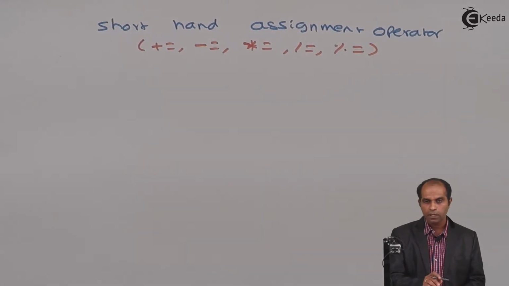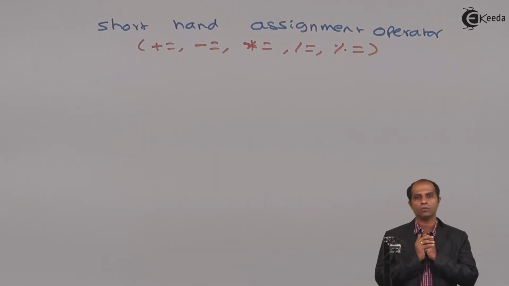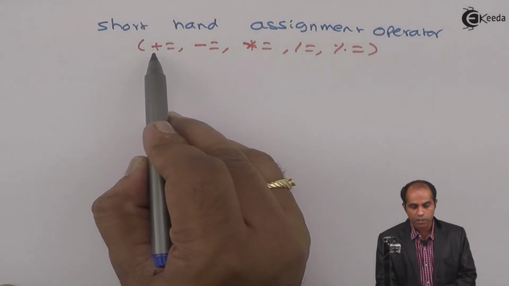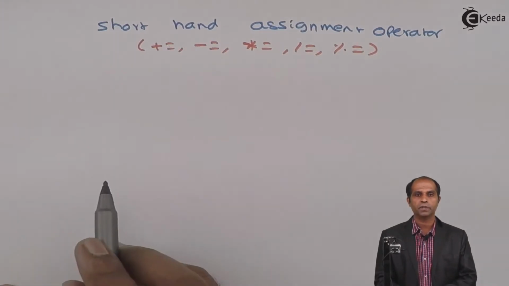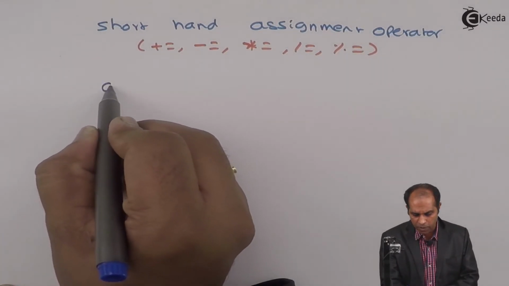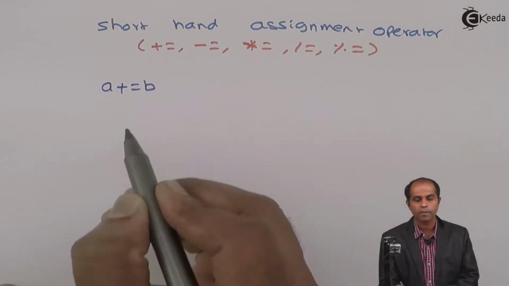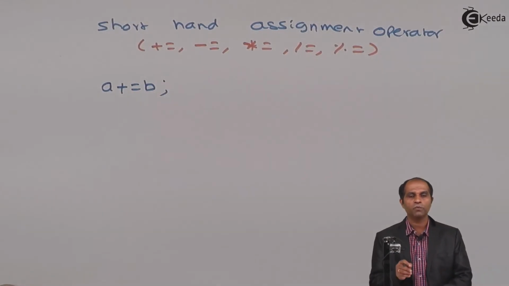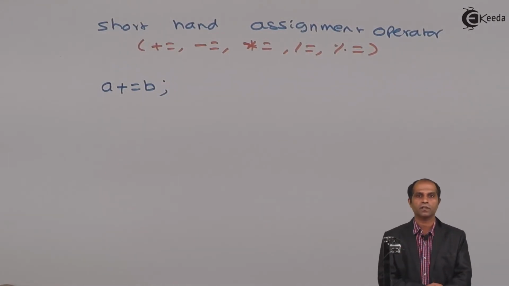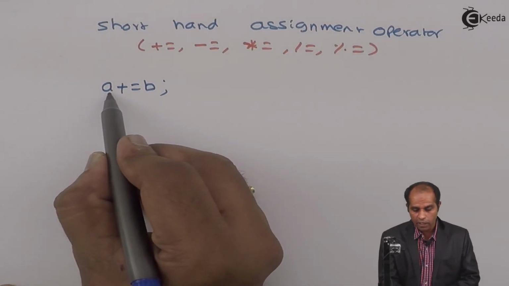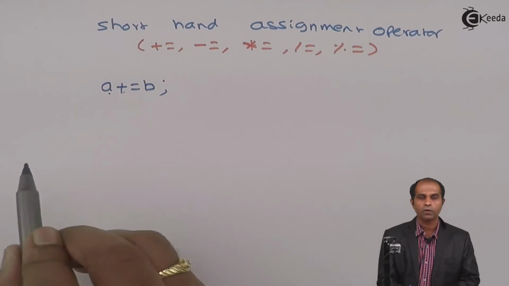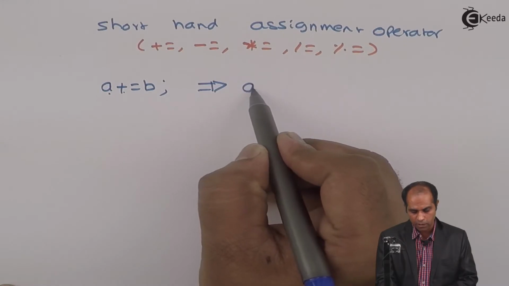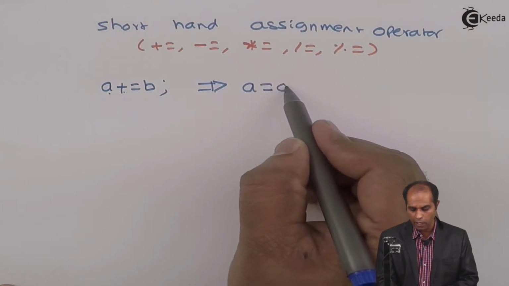As the name itself says, this is a compound assignment operation or a shorthand assignment operator where an arithmetic operation is merged with an assignment expression. Suppose I write the expression a plus equals to b. This is a very much valid arithmetic and assignment instruction. Here, the value of a is added with b and the result is stored back to a, which means that this expression can be expanded as a equals to a plus b.